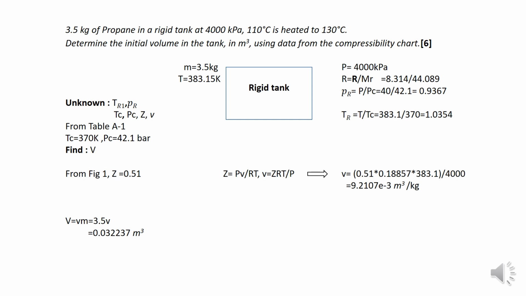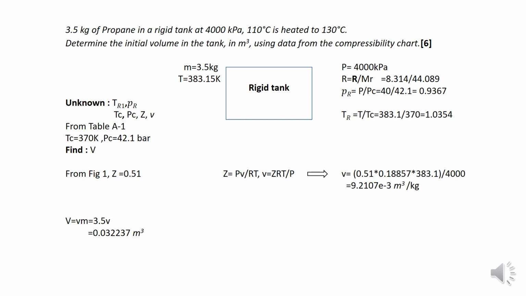We then calculate the reduced pressure and reduced temperature as shown, as well as finding the specific gas constant for propane. Using the discovered PR and TR values, we determine the compressibility factor Z for propane from the compressibility chart. We then plug in the calculated variables into the compressibility formula in order to determine the specific volume. Finally, the volume in the tank is calculated by multiplying the mass, the specific volume, and getting the answer in